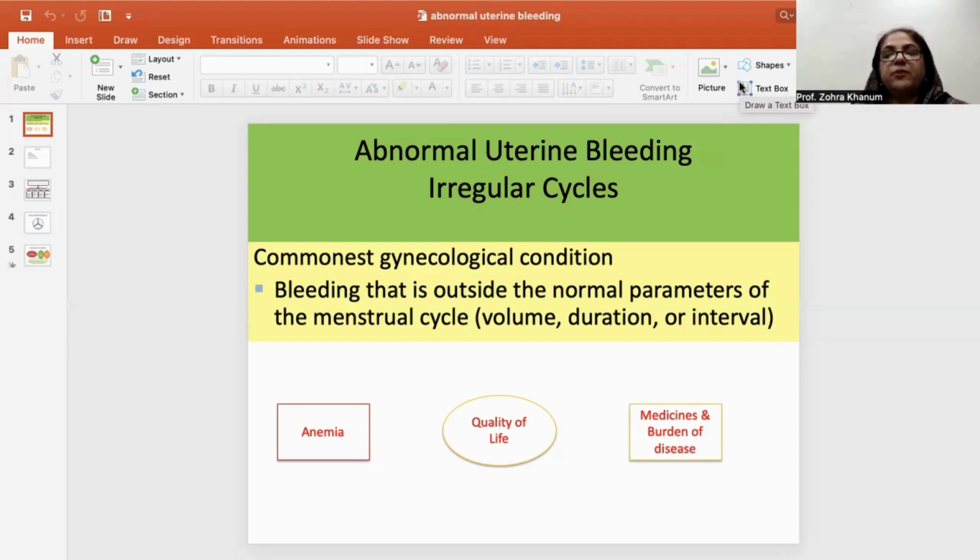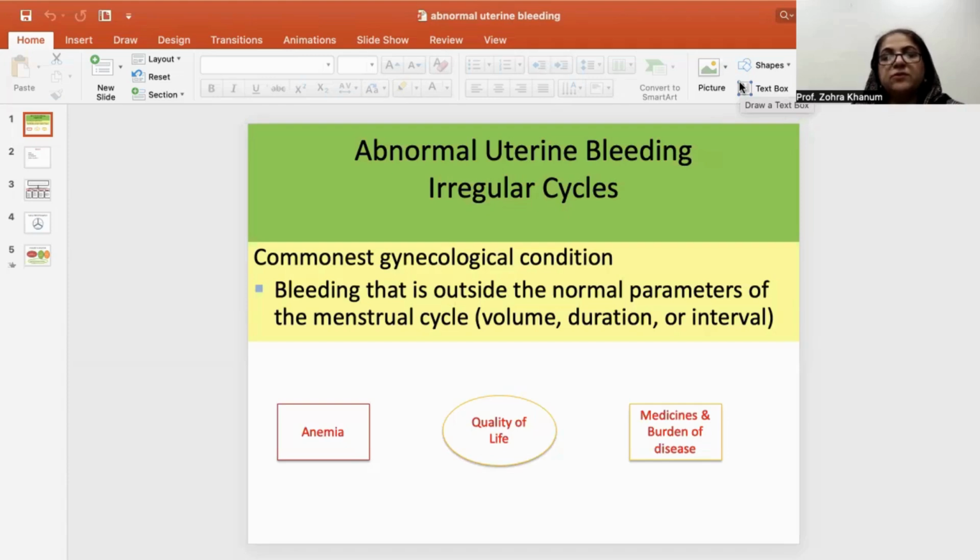I'm talking about a very important topic, that is abnormal uterine bleeding. It is one of the most common complaints for which the patient presents to a gynecologist. And in simple words, they say कि डॉक्टर cycle irregular है. तो basically we have to differentiate कि जो irregular cycles हैं या abnormal uterine bleeding है, that is outside the